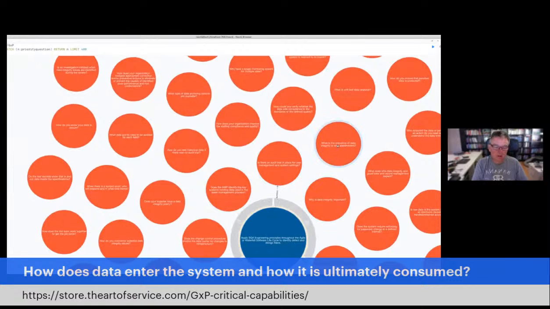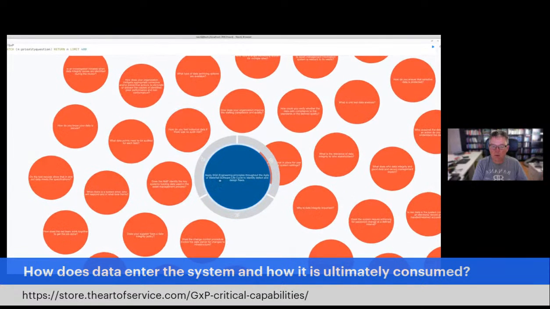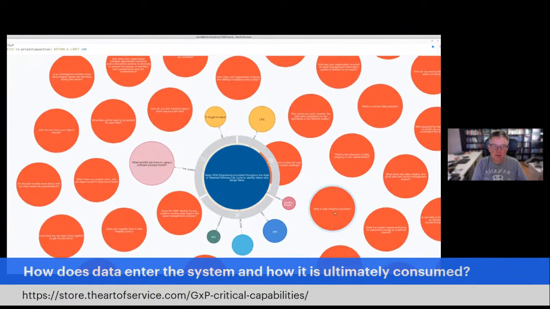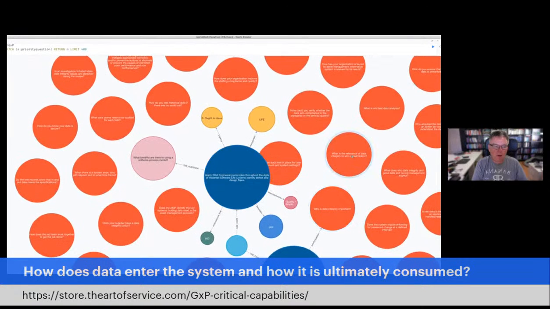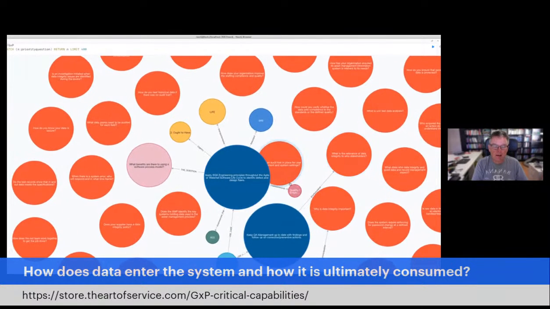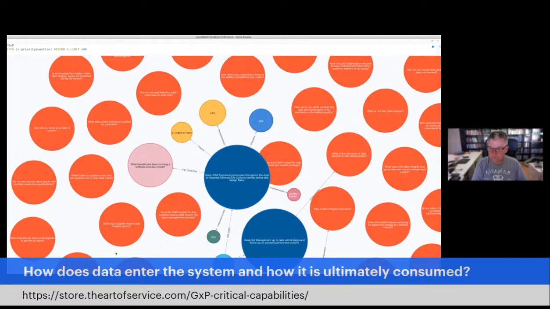I can just double click and see how everything's connected and what pops open and what comes up. So it's really helpful for me to make sure that we're covering everything that we need to do in GXP in our organization. So those are all the priority questions. I wanted to show you as well before we leave the related